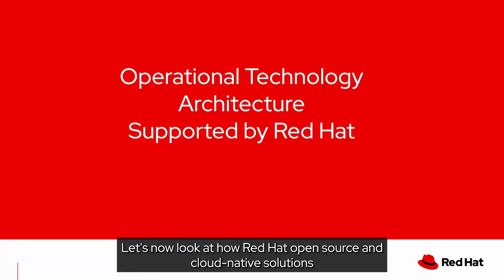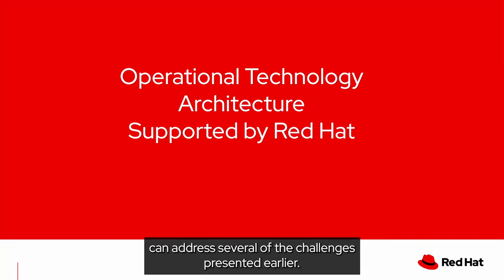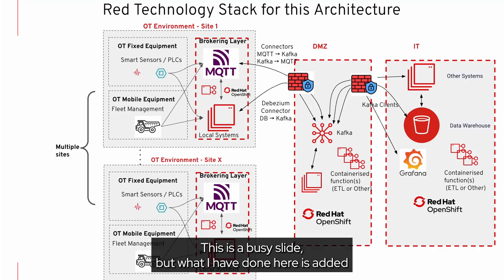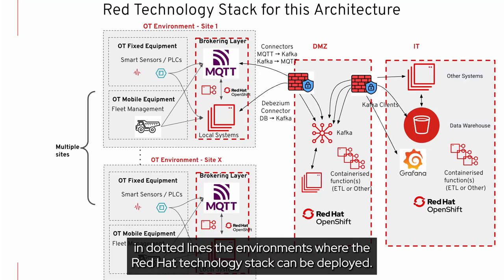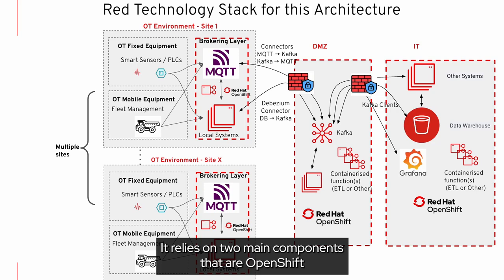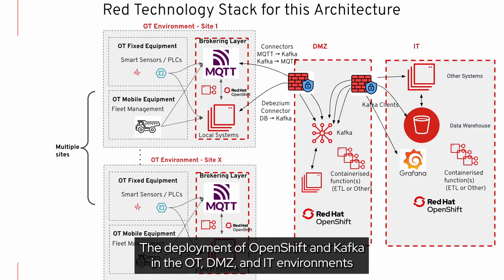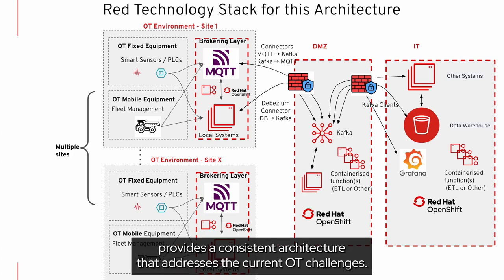Let's now look at how Red Hat open source and cloud-native solutions can address several of the challenges presented earlier. This is a busy slide, but what I have done here is added in dotted lines the environments where the Red Hat technology stack can be deployed. It relies on two main components: OpenShift and the Red Hat supported version of Kafka, AMQ Streams. The deployment of OpenShift and Kafka in the OT, DMZ, and IT environments provides a consistent architecture that addresses the